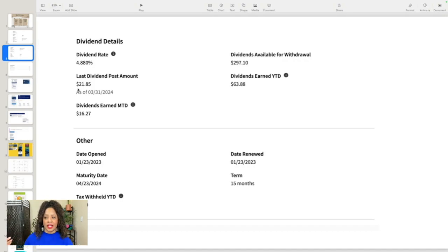And so technically I could have withdrawn my dividend, but I didn't. I kept my dividend in there. So at the end of my 15 months, I earned a 5% APY since I didn't take any of my money out. So that's what you'll have to decide if you are going to get a certificate. Are you going to keep your base deposit in there with the dividend, or are you going to withdraw the